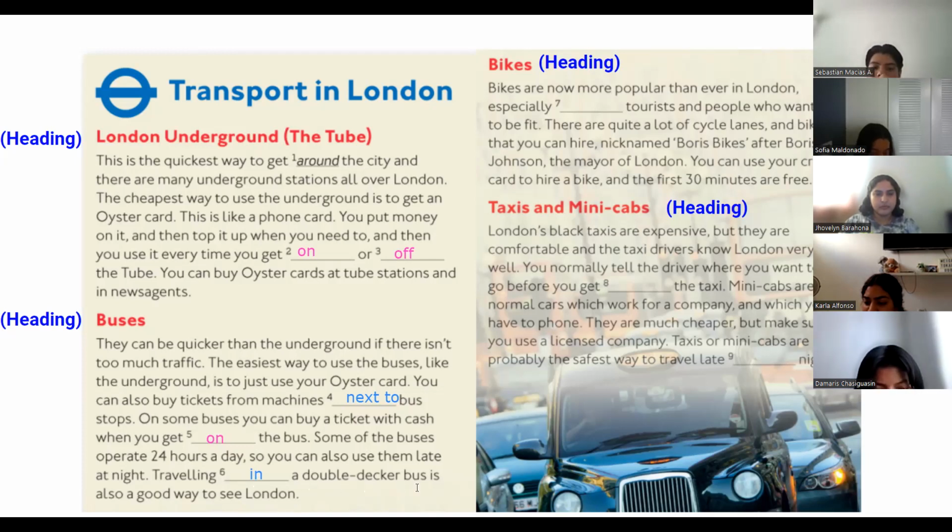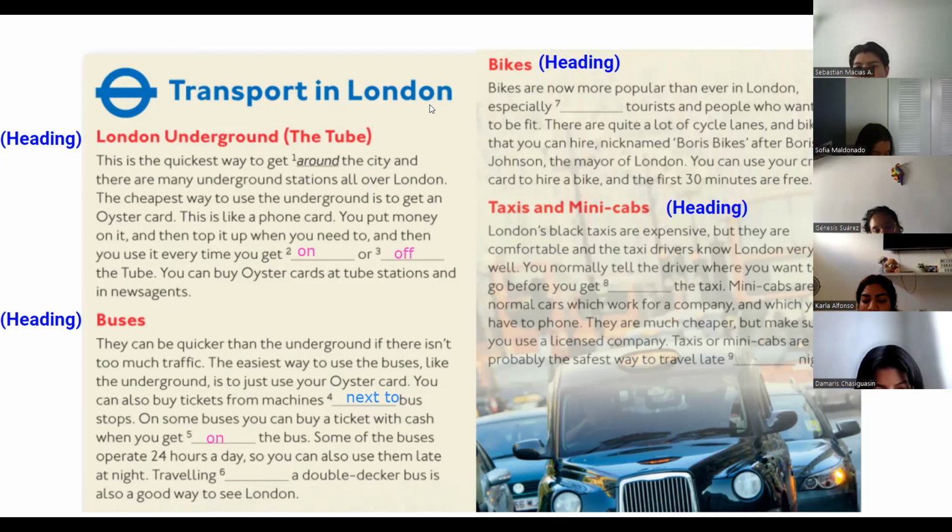Traveling a double-decker bus could be. Let's see if we don't have another. I think it's on the top of. I also think the same. On the top of. Yes, it's on the top of, because double deckers, those buses that the tourists use, where you can see the whole city, of course. Right. My bad.